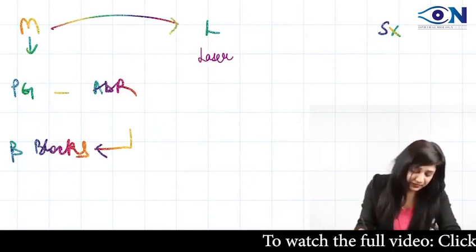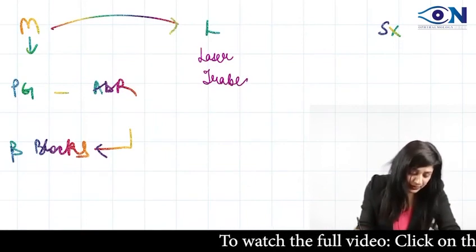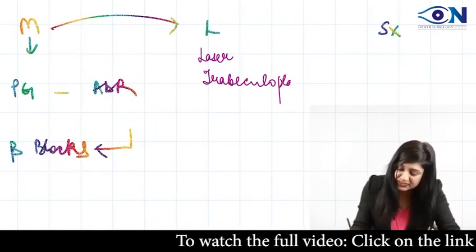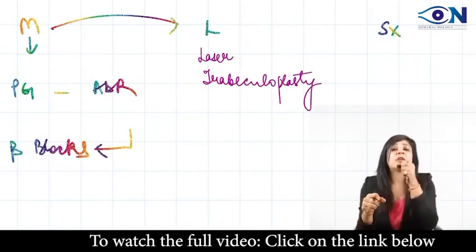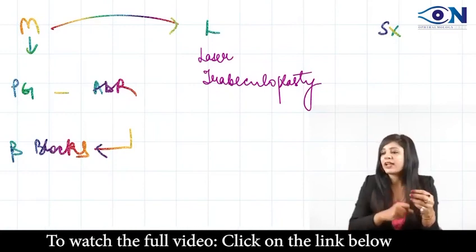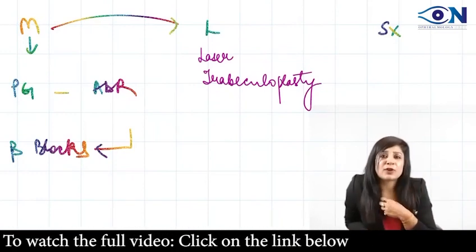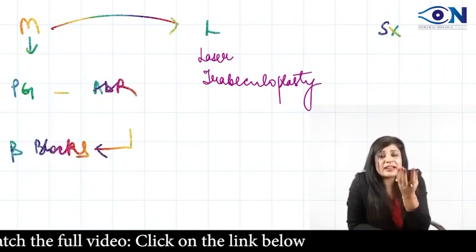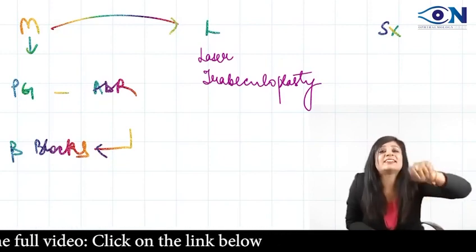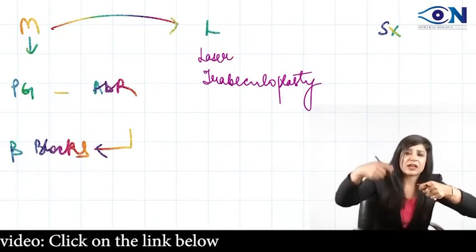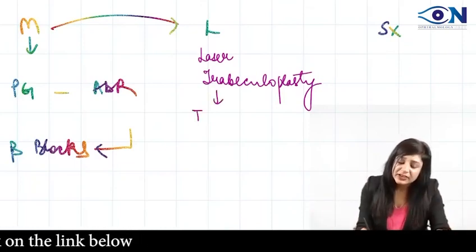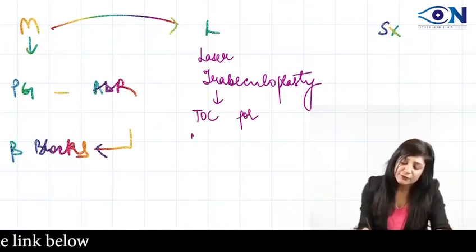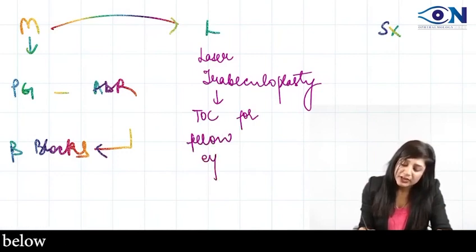This is actually the laser trabeculoplasty. Laser से हम क्या कर सकते हैं? We can burn the trabecular mesh. वो देखा है जब चाय की छन्नी बहुत पुरानी हो जाती है, we have to burn it so that it starts straining the tea again. तो वही हम कर रहे हैं. We are making it warm and we are opening the trabecular spaces. This is the treatment of choice for the fellow eye.